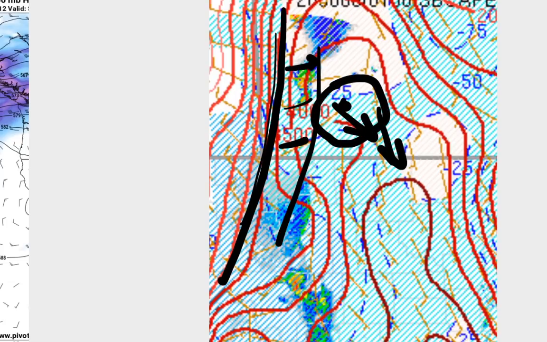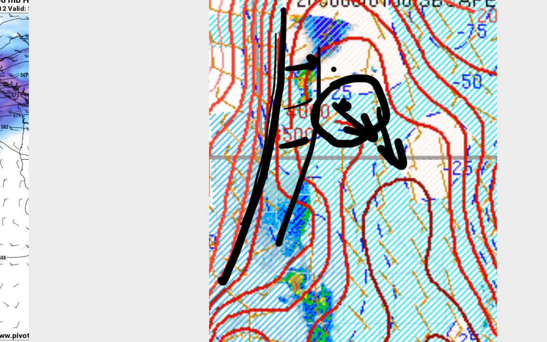That can act to decouple the lower levels of the atmosphere. That can act to enhance the low-level wind shear. That's why you often see tornadoes right at evening during the magic hour, as we call it. As the surface temperatures cool just a little bit, surface winds will weaken or back a bit, whereas the flow just above the ground even accelerates, a bit of an inertial oscillation. And this storm